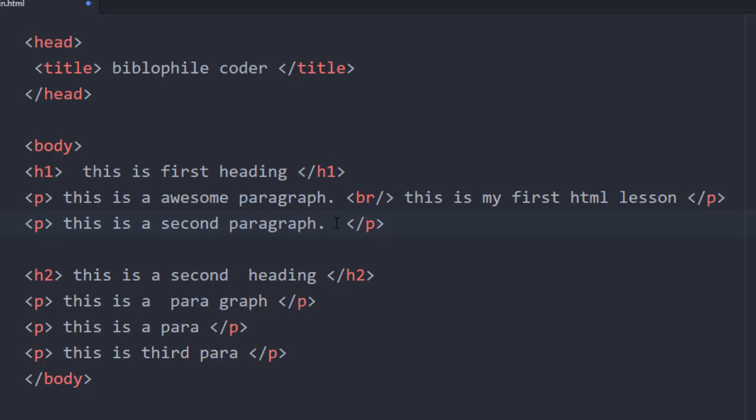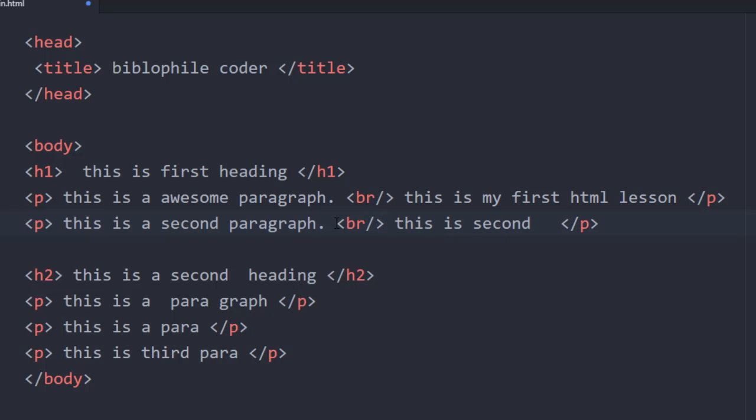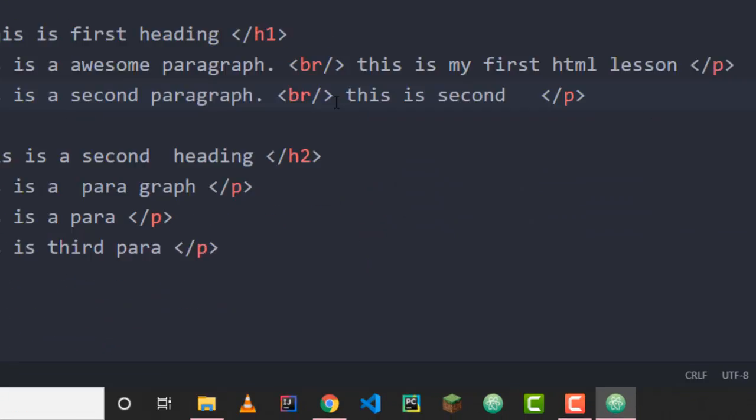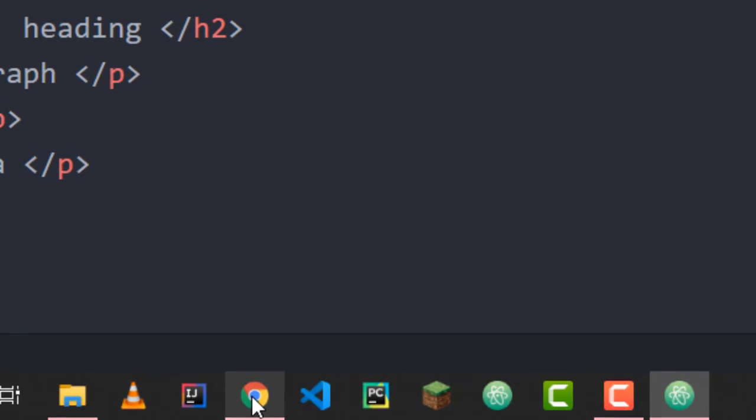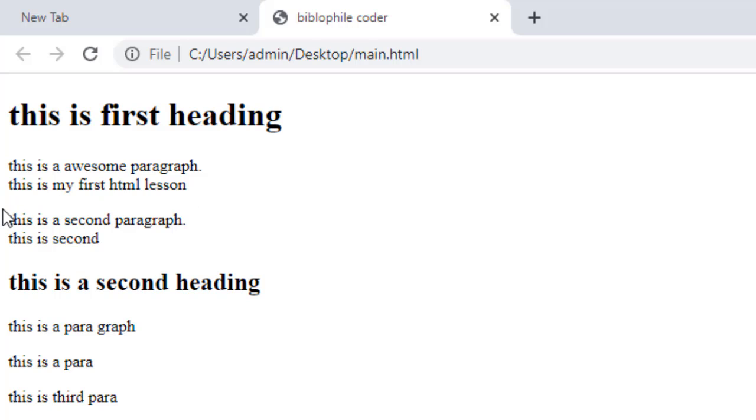Here I'm writing this is second, and I'm using a BR tag between these two lines. I'm putting a BR tag here and I'm closing it. Now you have to save it. Open your browser, reload the page. Now you can see here, this is a second paragraph, and on the next line this is second,